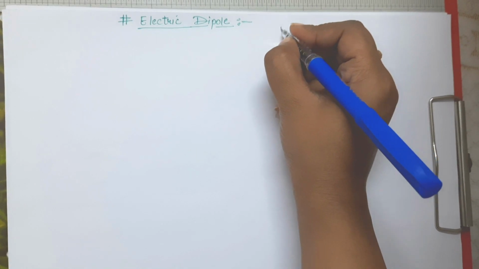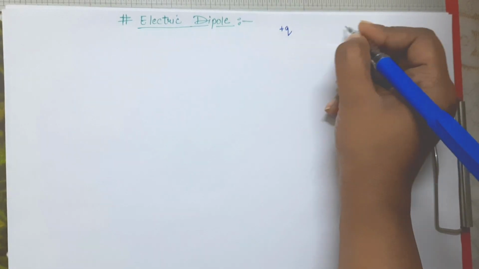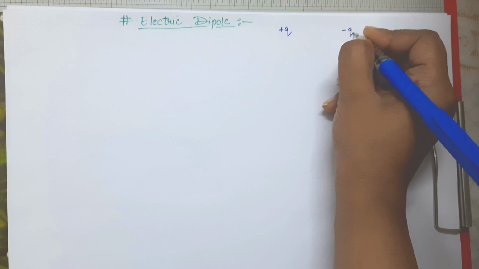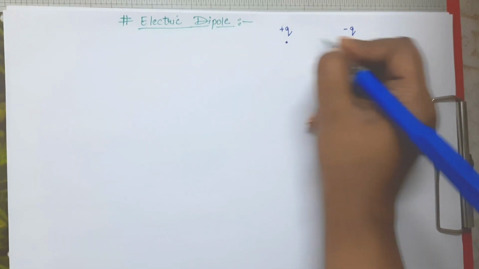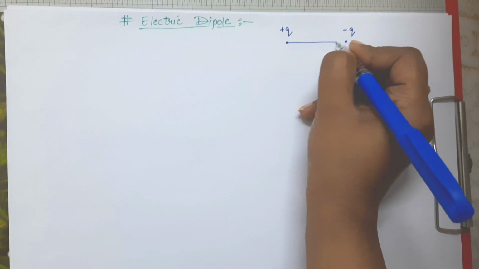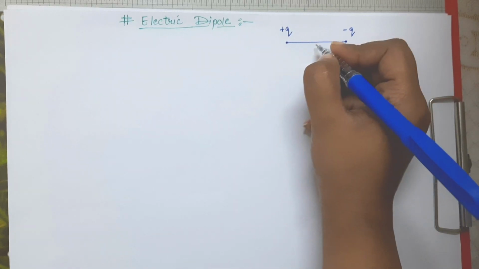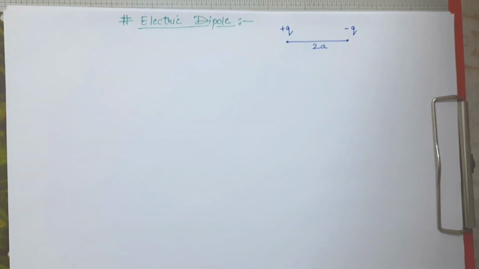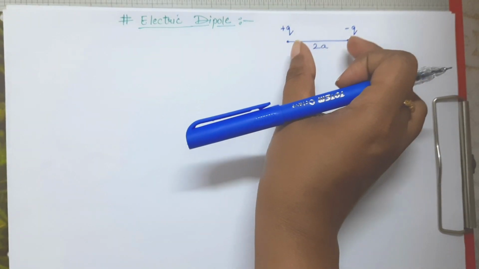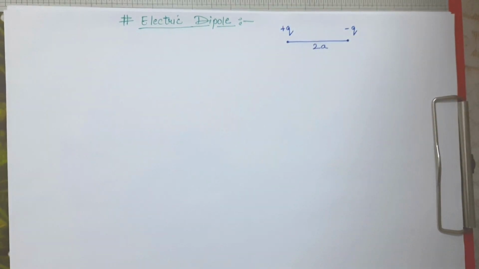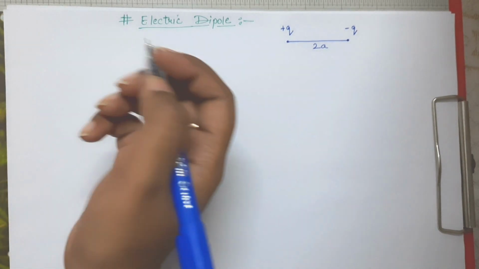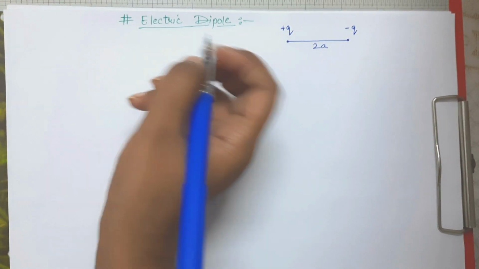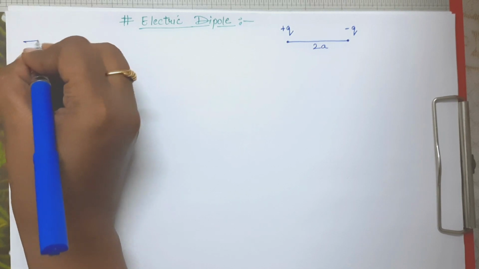Basically two equal and opposite charges, plus q and minus q, separated by a very small distance. Suppose the distance between them is 2a, so they constitute a dipole. So this distance will be very small and the charges will be equal and opposite. So simply the definition for electric dipole will be two equal and opposite charges